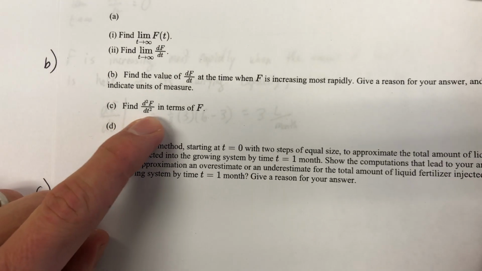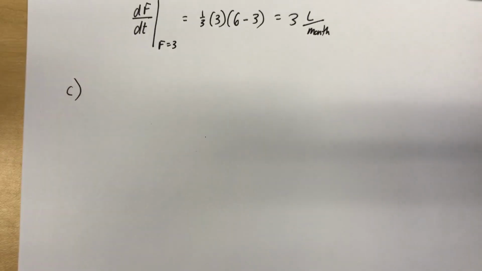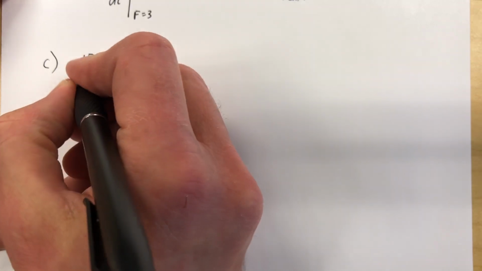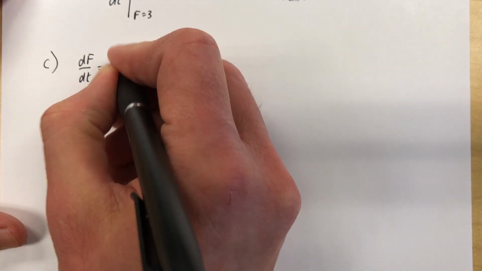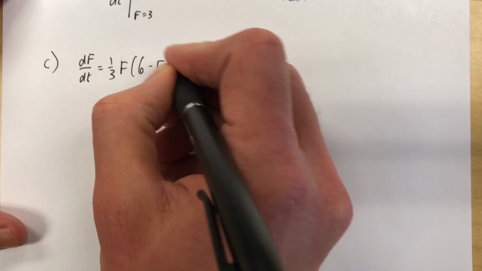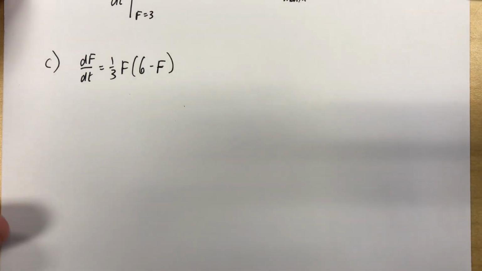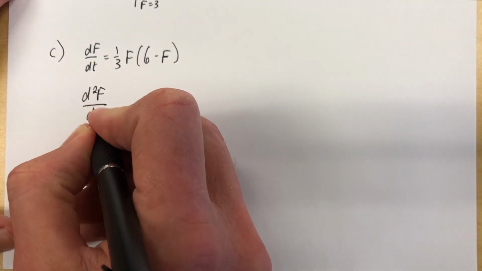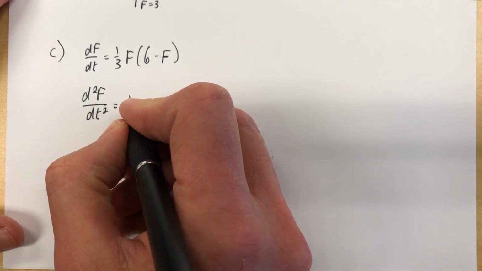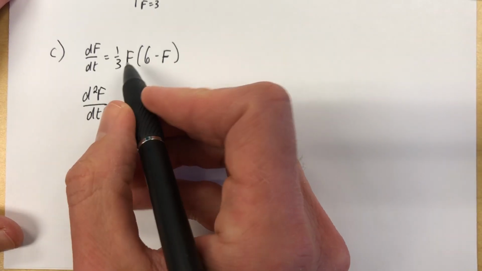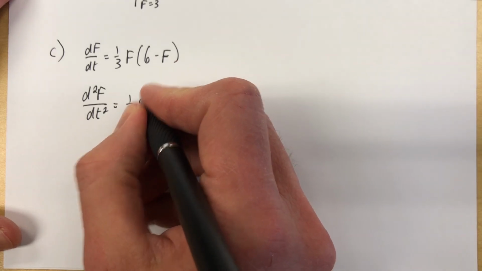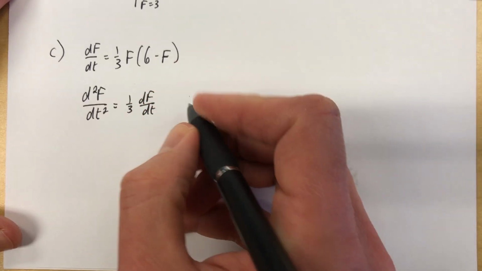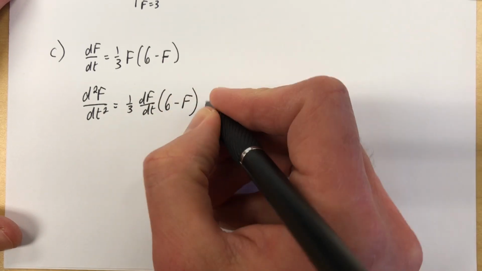Find the second derivative in terms of F. All right, you can do that. Let's start by writing the first derivative again, just so I'm not having to slide back and forth and you get dizzy. So the first derivative is 1/3 F times 6 minus F. We're going to write this in terms of F. So the second derivative, this is product rule. The derivative of 1/3 F would be 1/3 dF/dt. That's F prime G plus F,